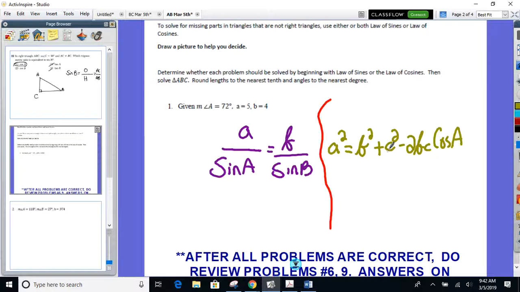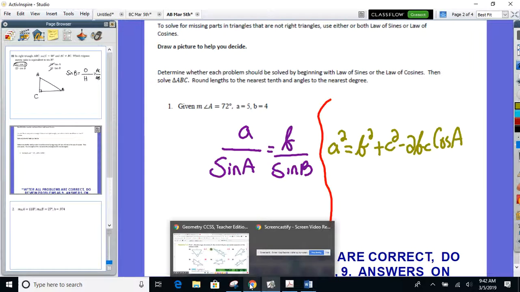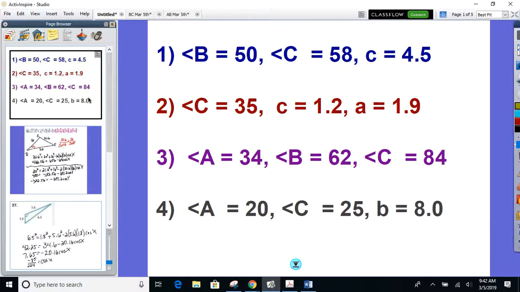So today in your groups, you're going to set up the triangle. You're going to say, what's the best place to start? Find a side, find an angle. What formula am I going to use? Sines or cosines? That's what you're going to do on all 4. I have the answers to all 4 right up here, so you can check them as you go along. Once you're done, you don't need to show me anything, but once you're done and all the answers match up,